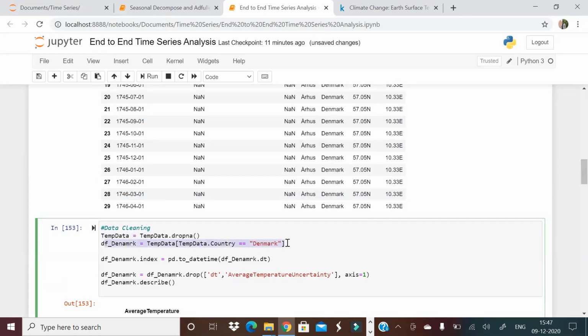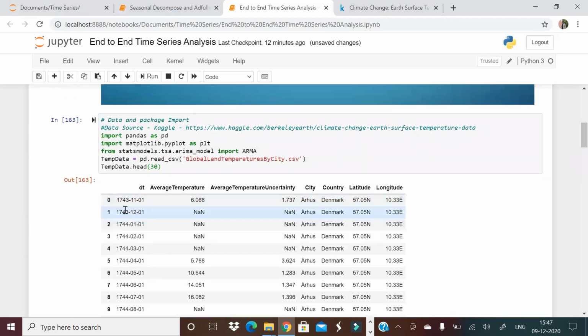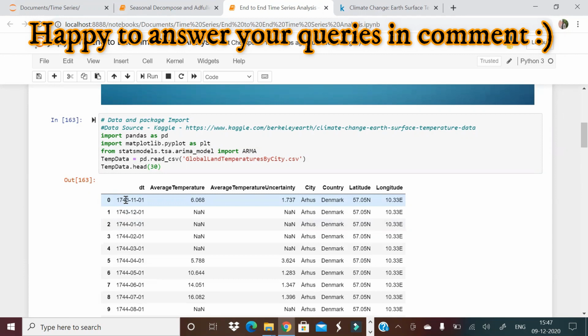Then I'm separating the Denmark data. I'm saying where country is equal to Denmark. In this Denmark data, I'm making the index the DT column, the date column in the data. In all time series models, what we need is an index so that it's easier to plot and easier to keep track of our values, right? So I'm making DT, the first column of the data, the index of my time series.